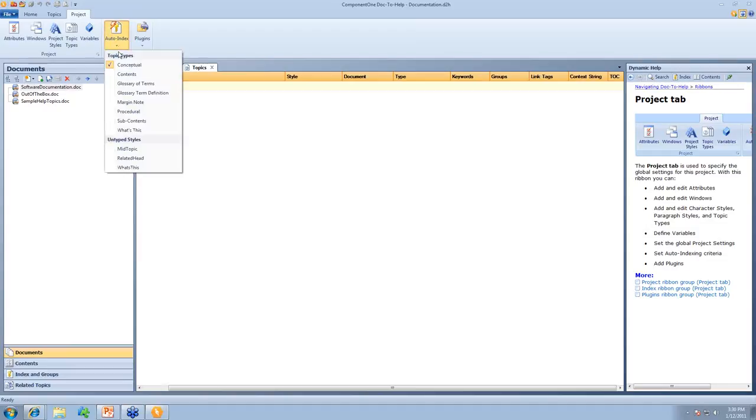conceptual, contents, and procedural. Now, when Doc2Help goes through the documents and it creates the individual topics in my documents, it's going to assign a topic type. You see here it says topic types. So it's going to assign a type to each topic. The three main types of topics that Doc2Help creates are